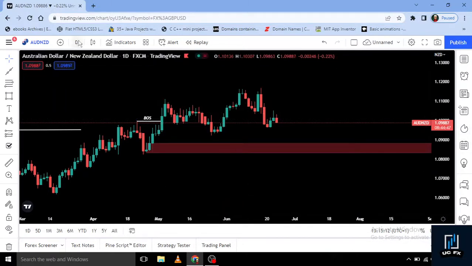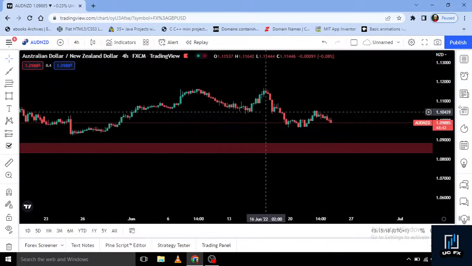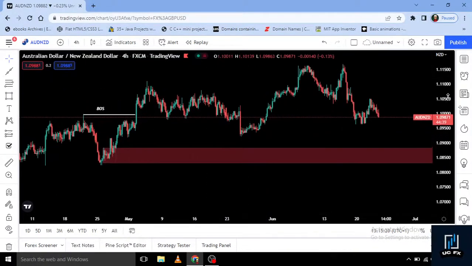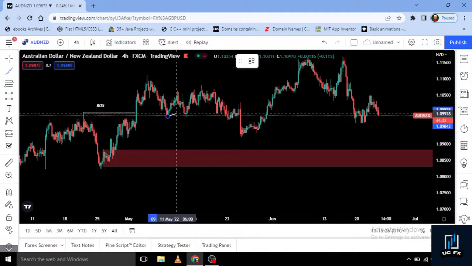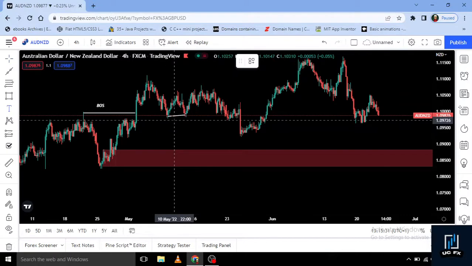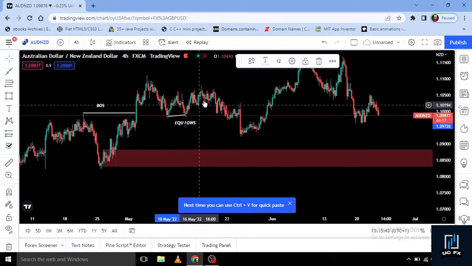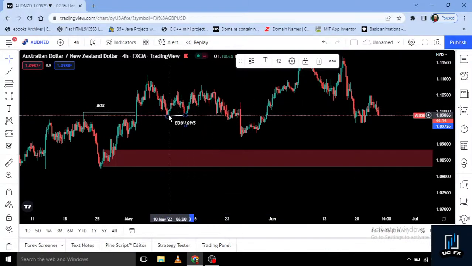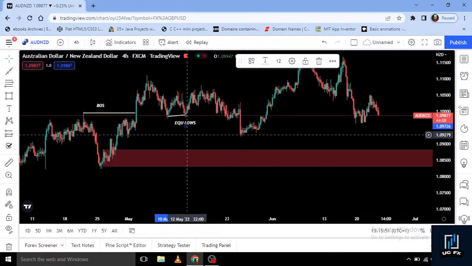You look for liquidity. If you go down to the 4-hour time frame, you're going to be seeing liquidity inside that zone. We have liquidity here as well. We have our equal lows, this liquidity. So we mark it out as equal lows. So after our equal lows, you can see price, the traders were trapped long inside this area. So they had to take them out to mitigate